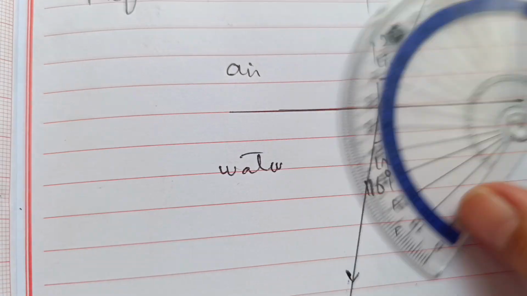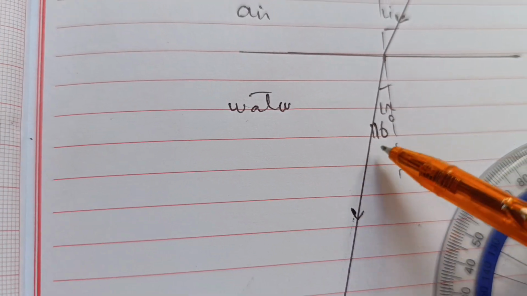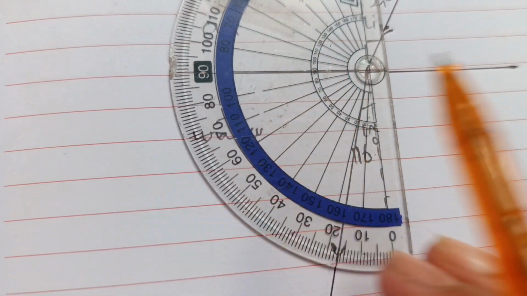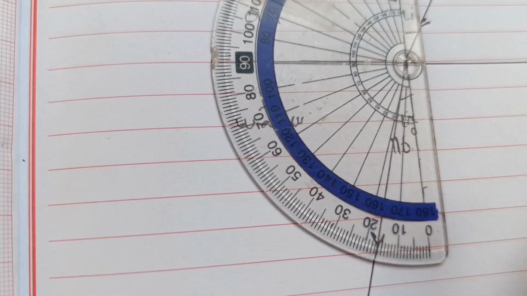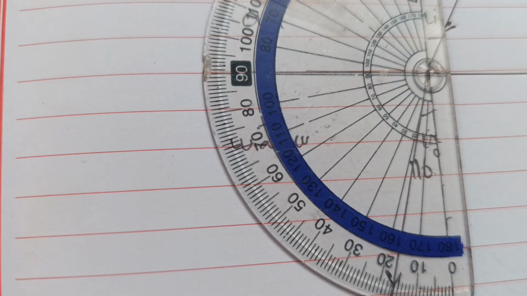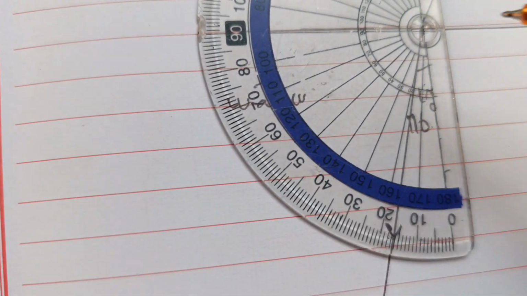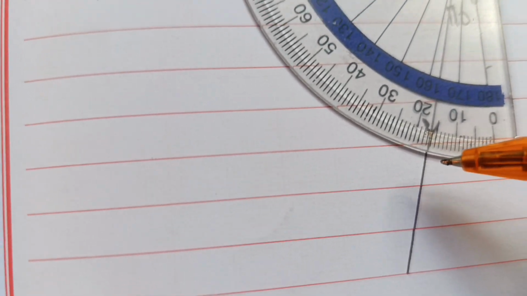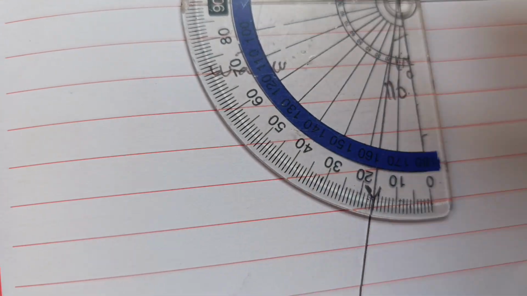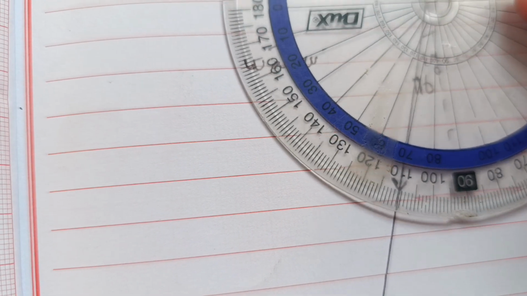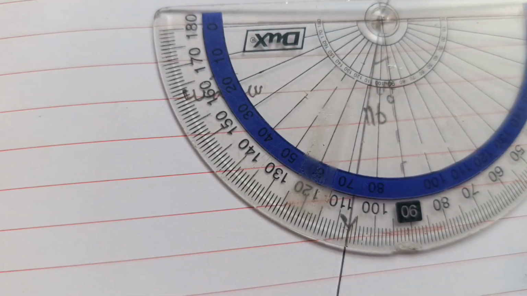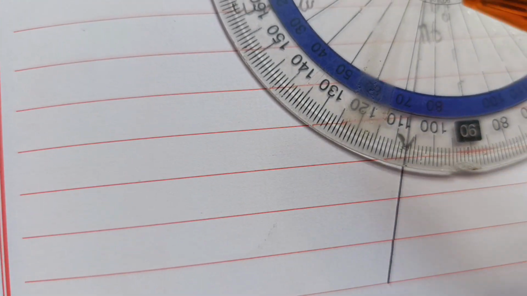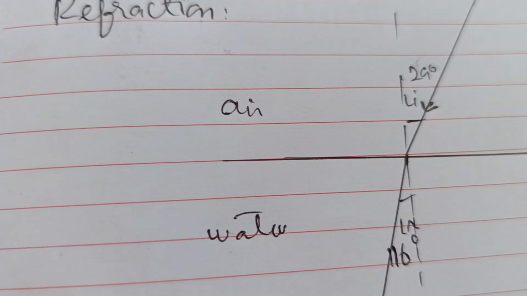Okay, now for finding the angle of refraction, the angle is to that side, so for that I will place my protector like this. Check the position of the protector. This is at 0, right? While the normal is at 0, directly use this value. This is 16 degrees, so this is my angle of refraction. Or if you want to find your angle in this way, placing your normal at 90, what will you do? 90 minus this value will give you exactly the same value, 16 degrees. So you can do that in two ways, right?